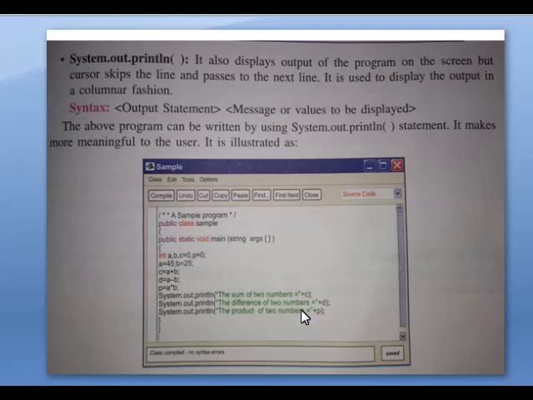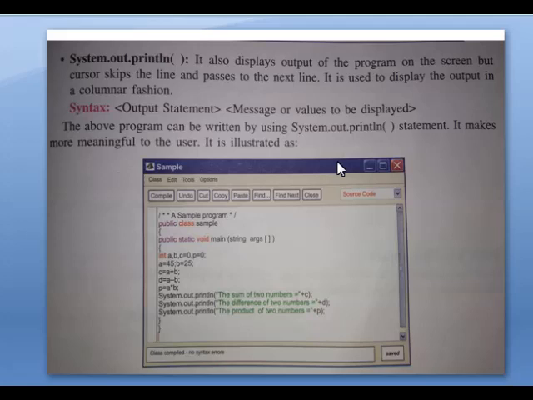Okay students, once again I am telling you that whichever book you feel is easy, in class 9th also these objects and classes are explained thoroughly and neatly in the book, and in the class 10th book also it is explained, and in the class 11th book also it is explained.